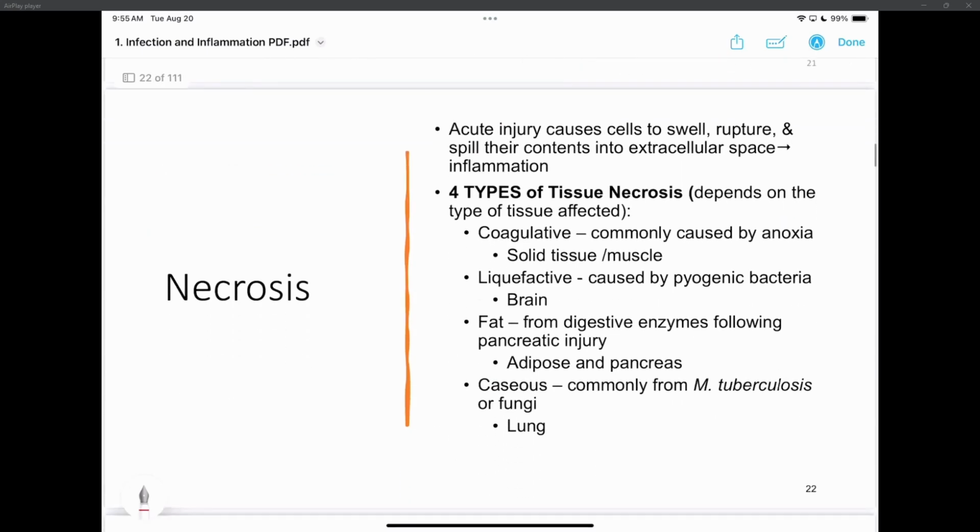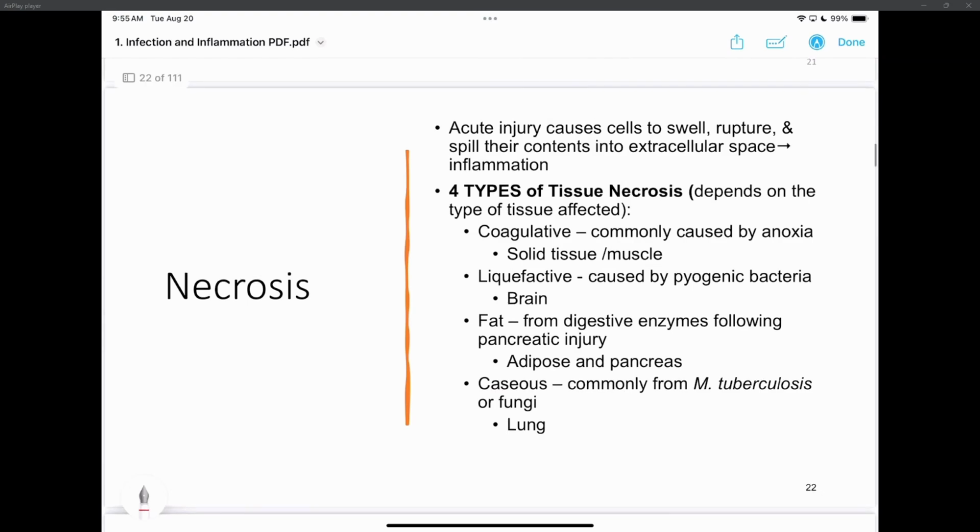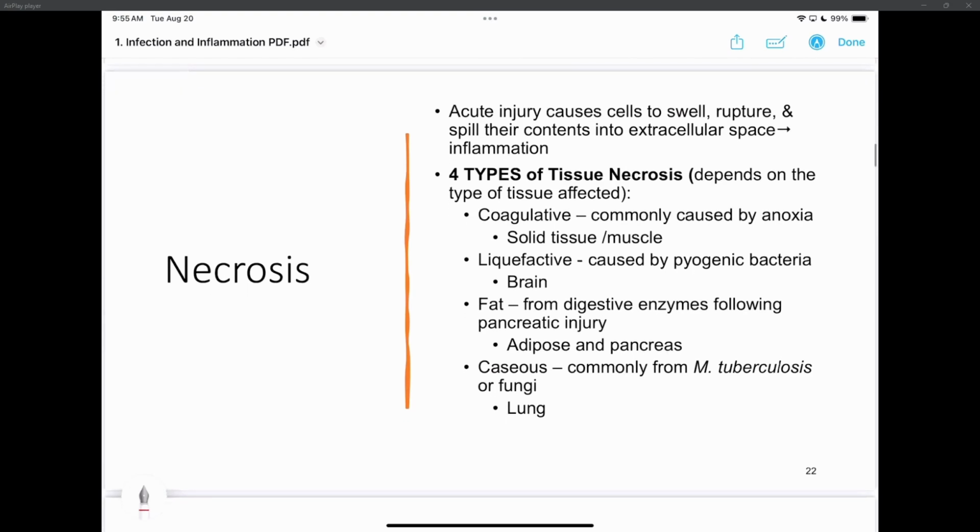So, with necrosis, there's 4 different types of necrosis. This is where the pictures get nasty. But again, this is the time while you're in school to desensitize yourself to things that you don't like watching. You are in a medical field. You can't just pick and choose what cases you want. They're all going to be random. You just got to show up. That's what you get. So you're going to be seeing some weird stuff.